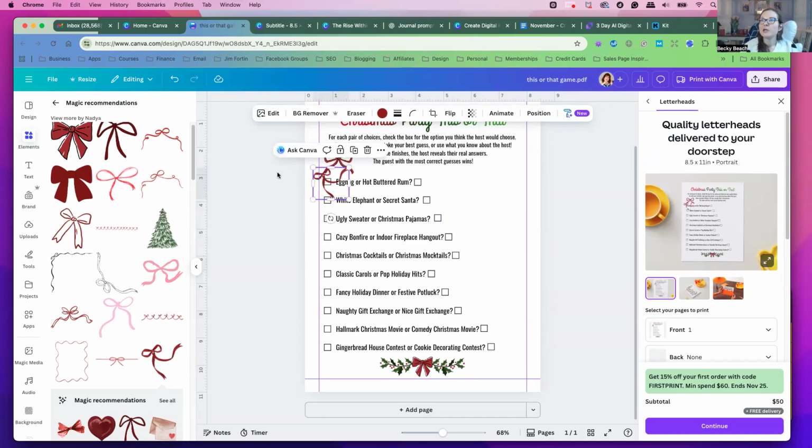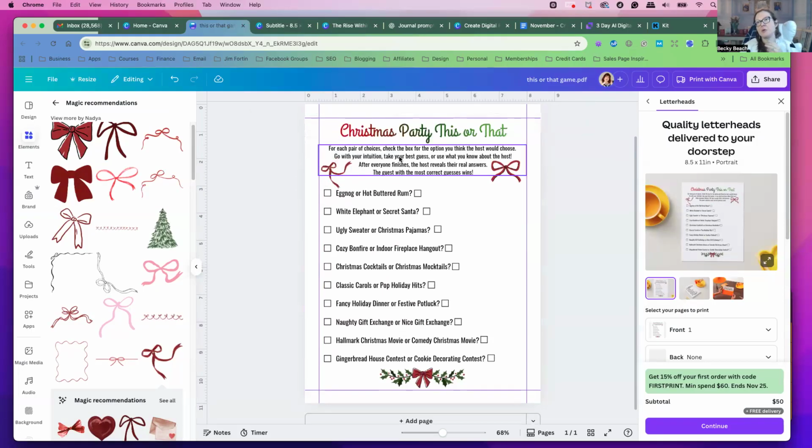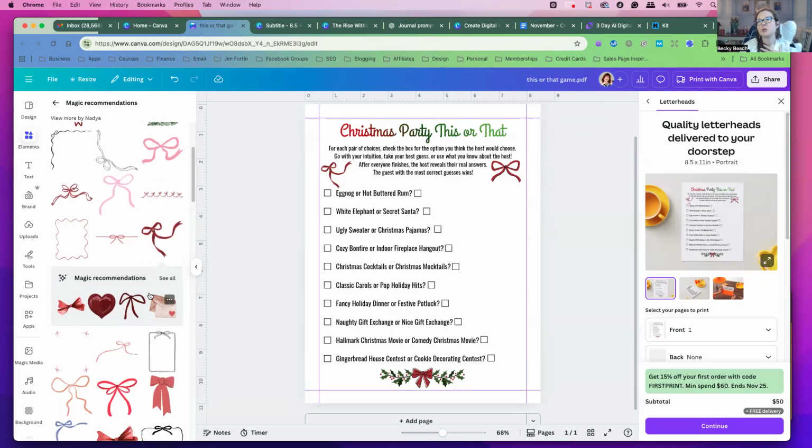Oh yeah, I kind of like, I don't know, I wonder if that would be too much. Well, if you think it's too much, you can always get rid of it. But I think that's kind of cute how there's like two different ribbons, and then this one is kind of pointing down towards the game, kind of like pointing the eye to make them look at the instructions first and then do the game. It's like pointing with each of the ribbon ends. So I think that's very cute. I think that could work.